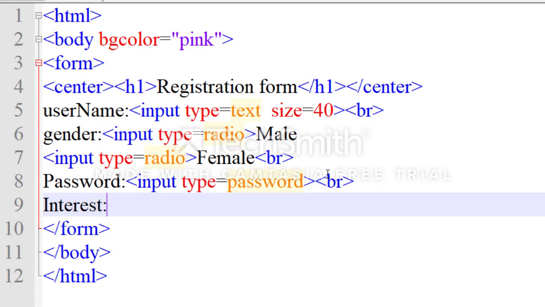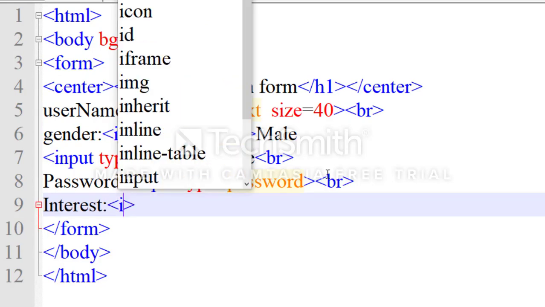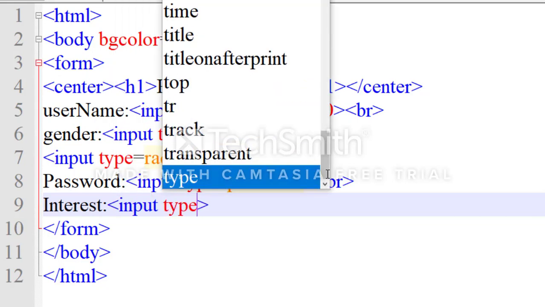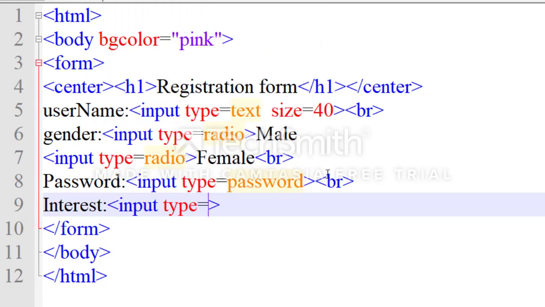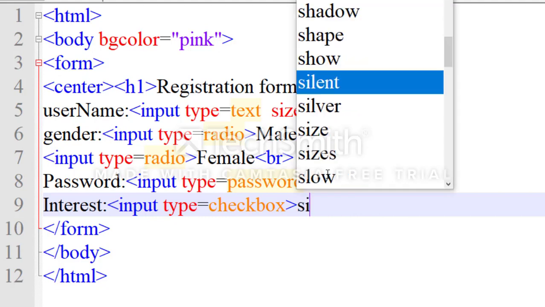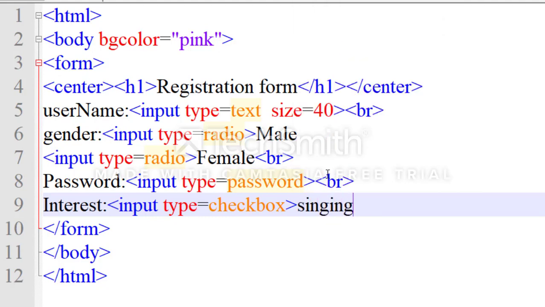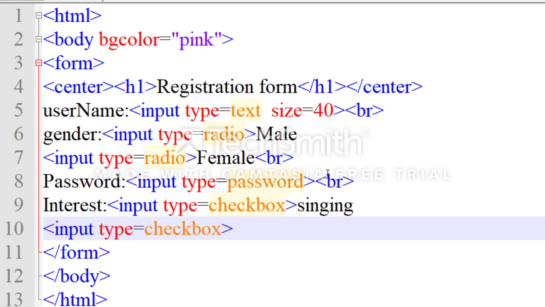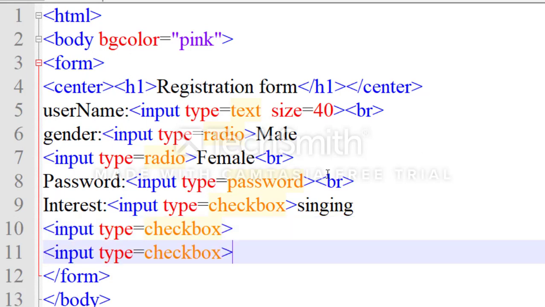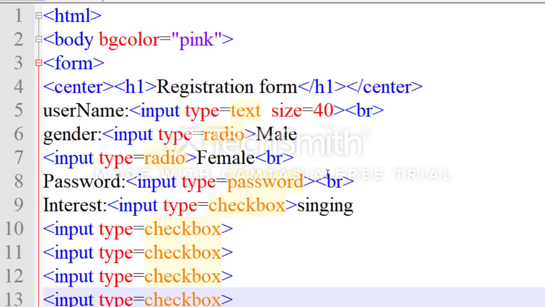Now I want the check boxes, different types of check boxes, that's why I will write interest colon input type equals to checkbox. Now I will copy this line and paste, again paste, again paste and again paste.